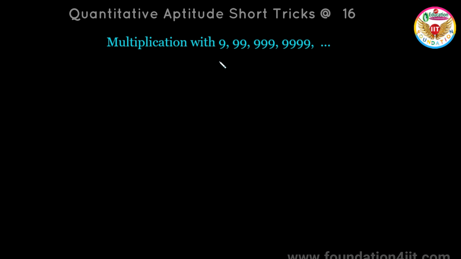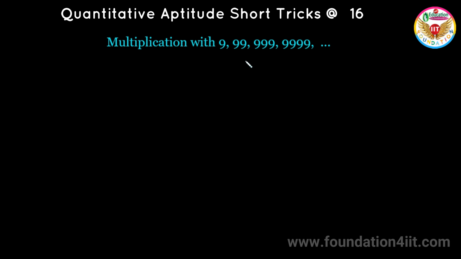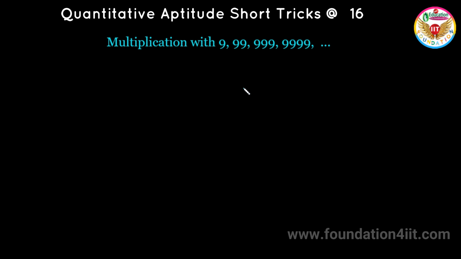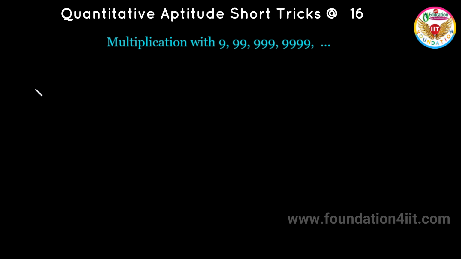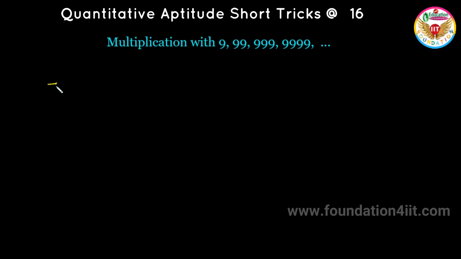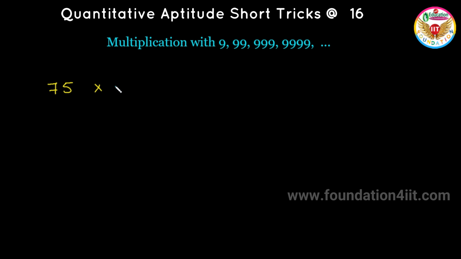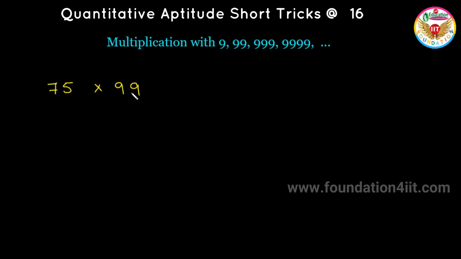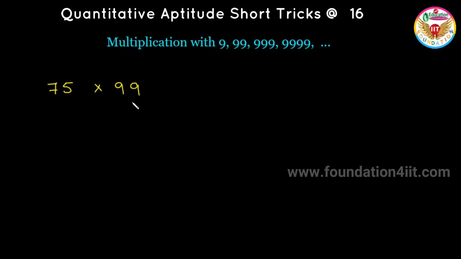Multiplication with 99, 999, 9999, and so on. To multiply any number with these, the concept is simple. From an examination point of view, if you notice such questions, you can use this method. For example, if you want to multiply 75 into 99 or any number with exactly that many nines,